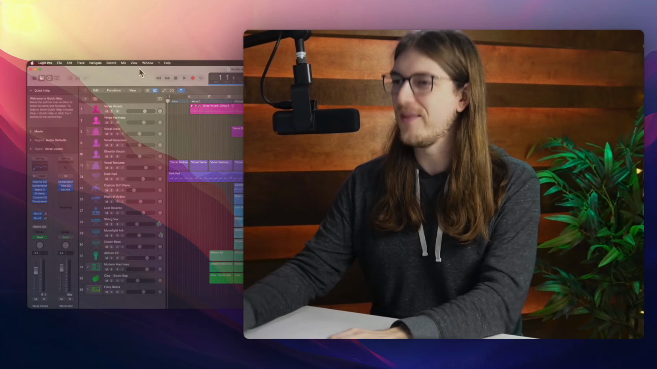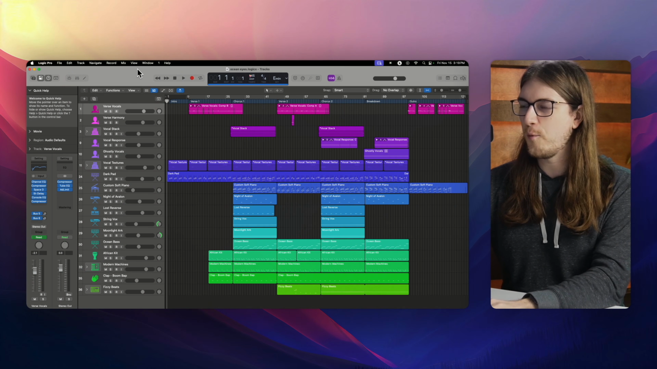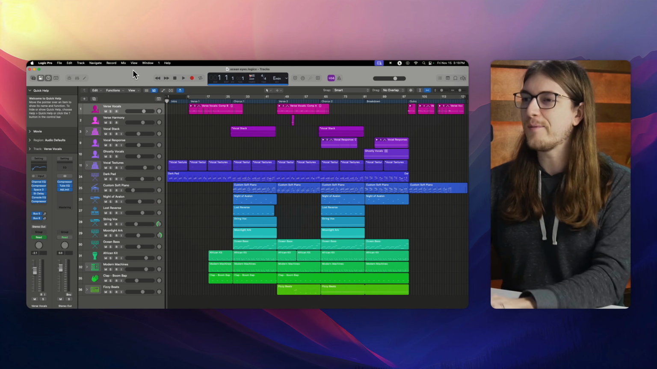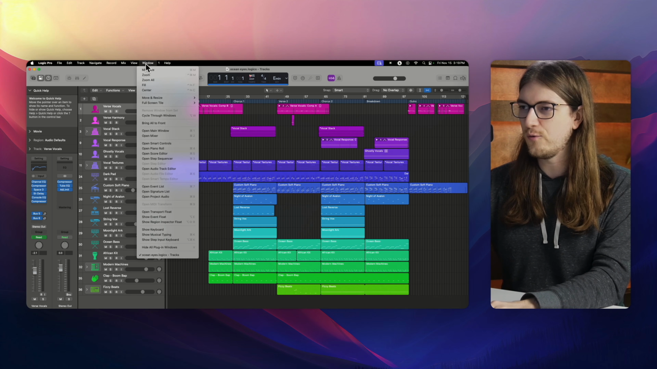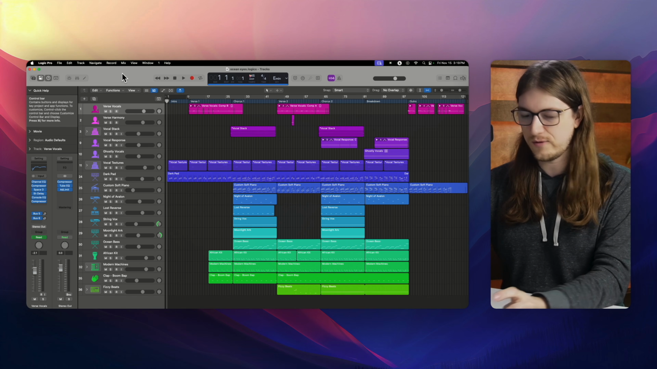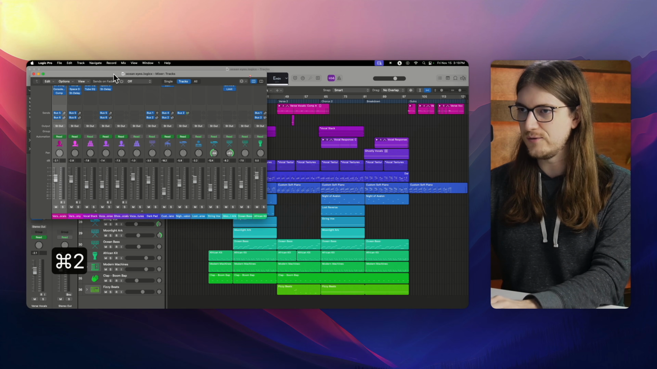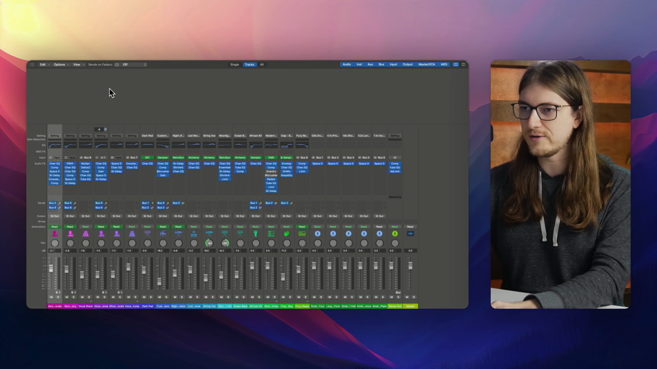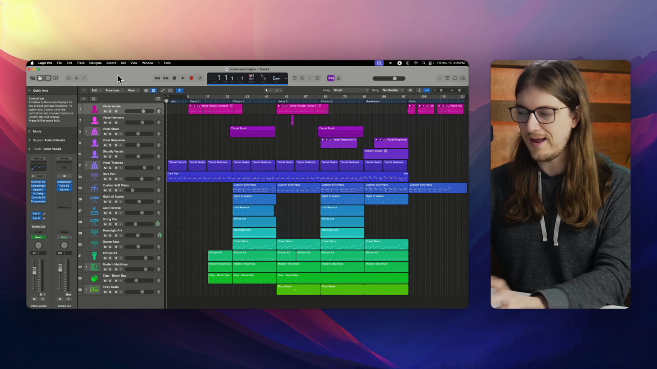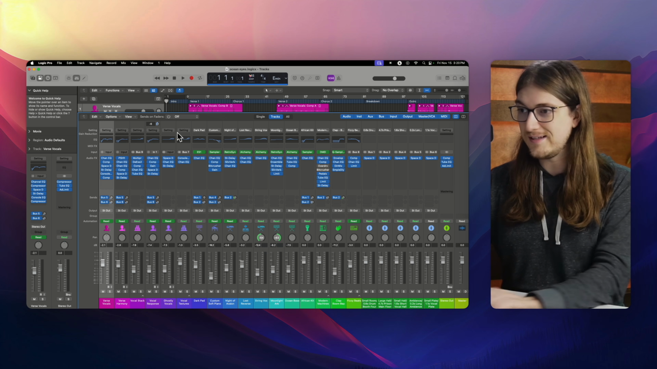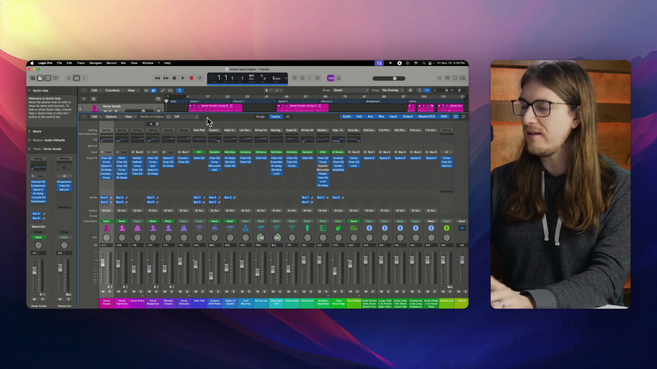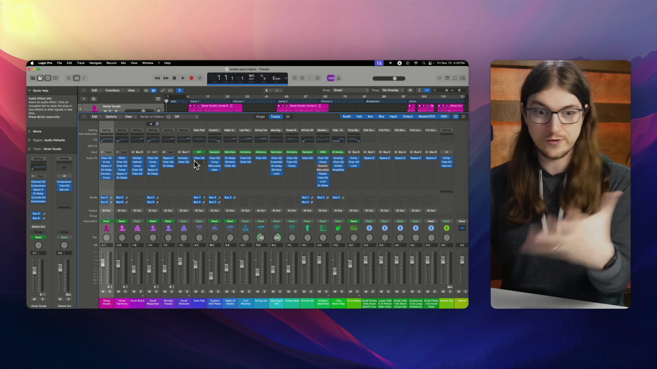Let's jump in. So right here we have an open Logic project. I'm going to go up here to Window, and I'm going to click right here on Open Mixer. You can also press Command 2 to do that. And when we do, we now have the mixer open. Now, another way to do that, just to show you, is you can actually hit X. If you hit the X key on your keyboard, that will cause the mixer to show up right here